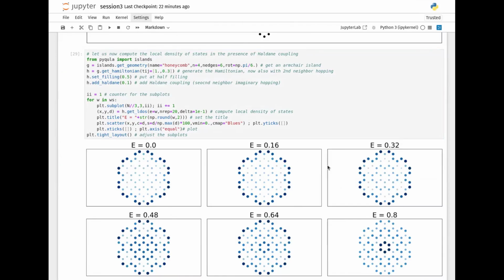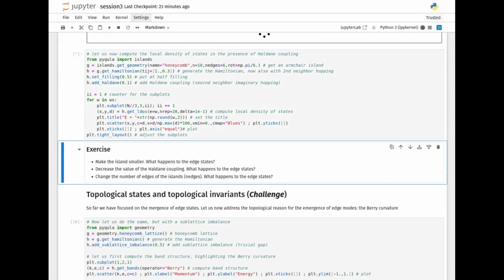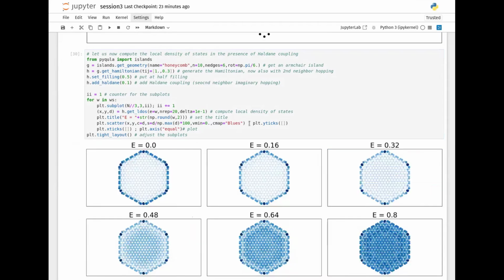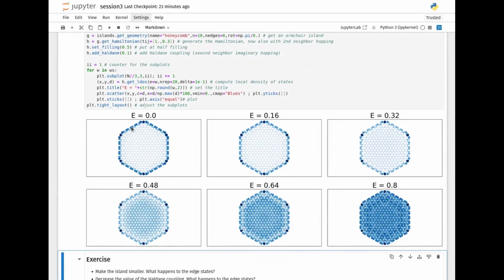And this is, of course, because your states between different edges start hybridizing if your island is not big enough. If you go to big systems, then you have very clear edge states up to the energies of the bulk gap, because your states in between different edges remain decoupled. And so this is the case that you see over here. So you see very clear localized edge states up to energies 0.32, and then here you start